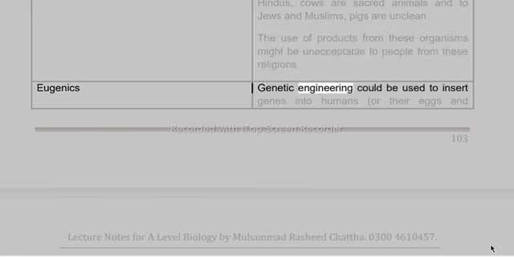Eugenics. Genetic engineering could be used to insert genes into humans, or their eggs and